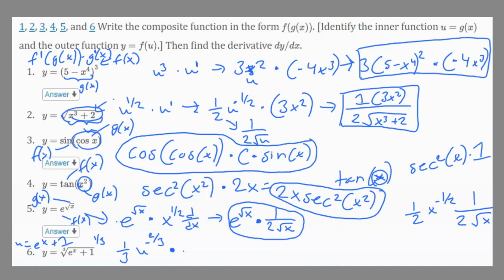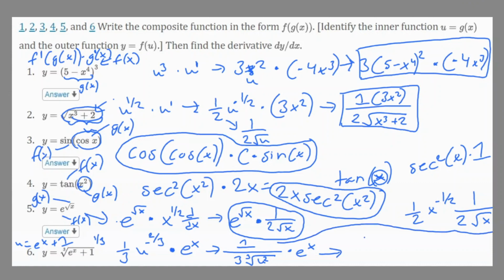The derivative of e to the x plus 1 is going to be e to the power of x. So now if we write it out, we would get 1 over 3 u to the 2/3 power on the denominator multiplied by e to the power of x. And now if we plug in u,